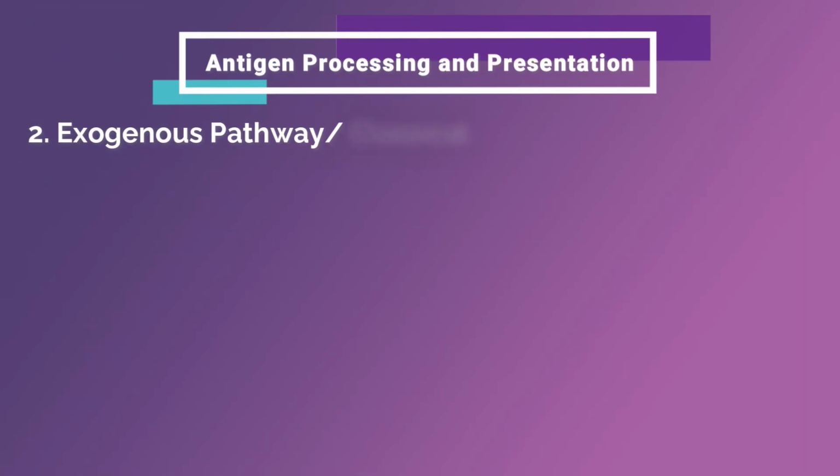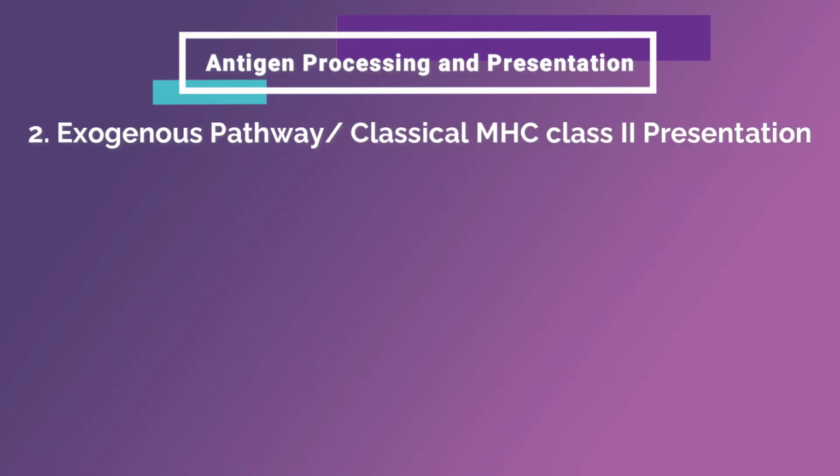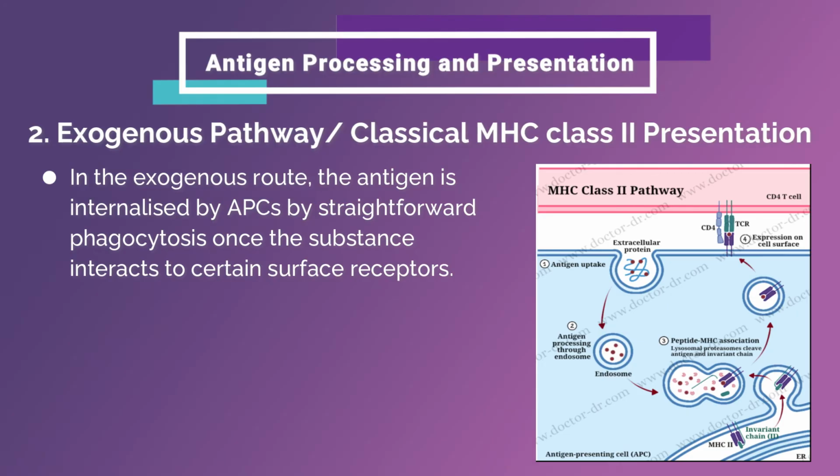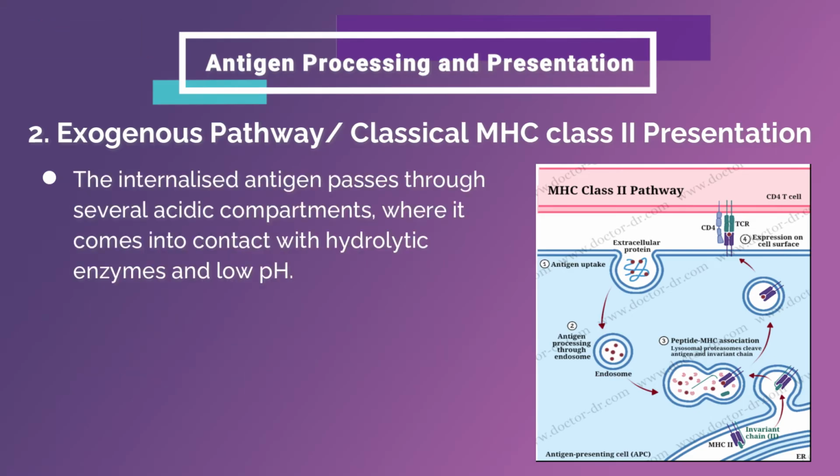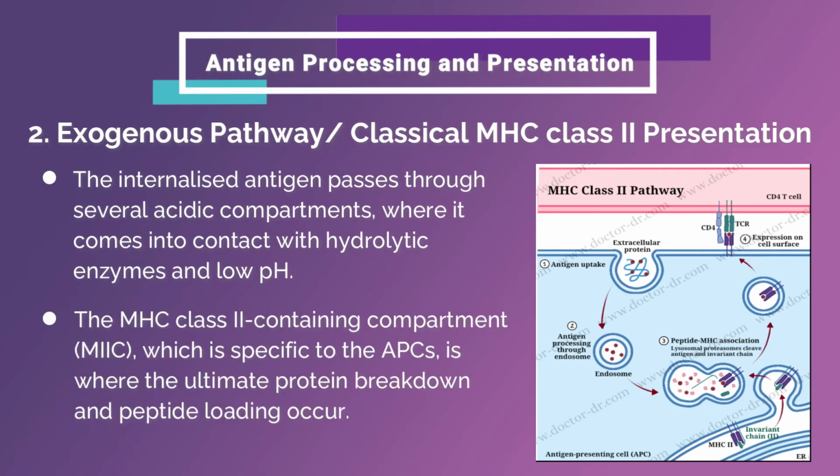Number 2. Exogenous pathway, classical MHC class 2 presentation. In the exogenous route, the antigen is internalized by antigen-presenting cells by straightforward phagocytosis once the substance interacts with certain surface receptors. The endocytic processing pathway uses the compartments of the cell to break down proteins into peptides. The internalized antigen passes through several acidic compartments where it comes into contact with hydrolytic enzymes and low pH. The MHC class 2 containing compartments, which are specific to the antigen-presenting cells, are where the ultimate protein breakdown and